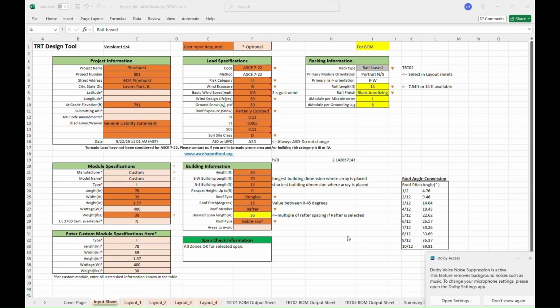After selecting the PV modules, we're moving to the racking selection, which is the sole purpose of this tool. As important as this is, it's actually not a complicated process. In the upper right corner, the racking information selection, you actually just need to select the desired